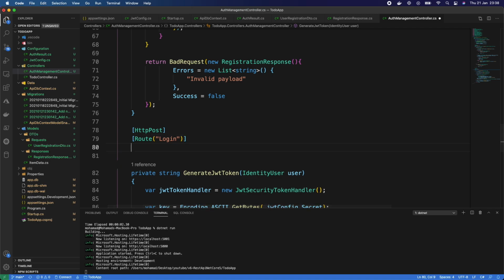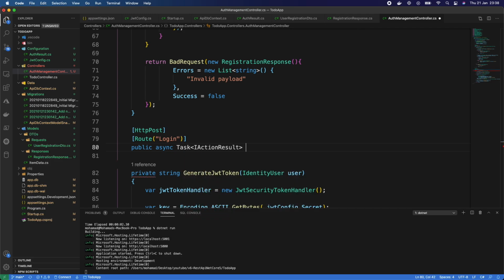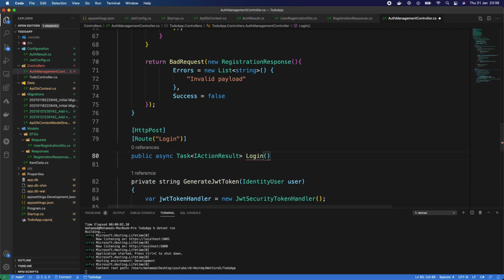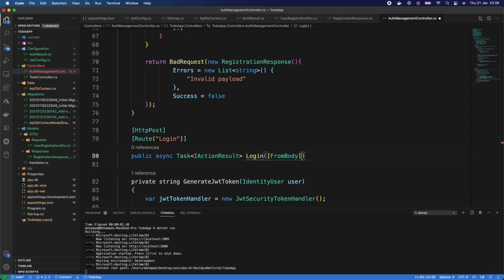And let's define the actual action. It's going to be public, async, task, action result, login. And we're going to utilize the from body. And let's create a new request. Do we have? No, we didn't. So let's create it. We're going to call it user login